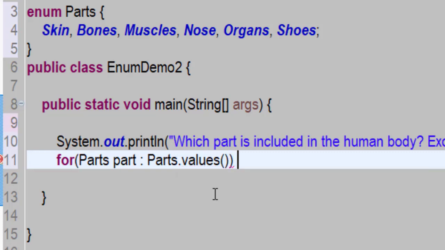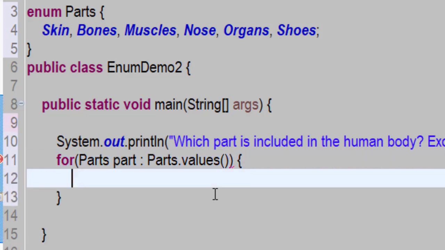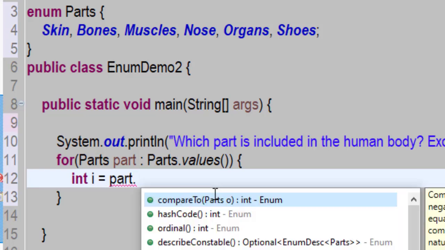Okay, now open and close curly braces. Here I'll be adding an iteration, so assuming I put here i, concatenated with part dot,